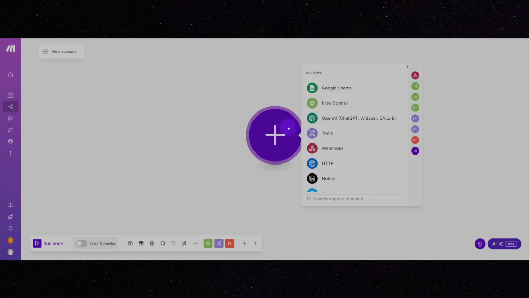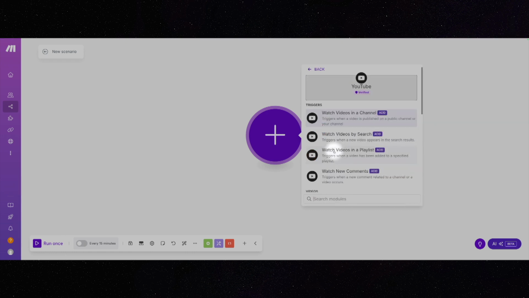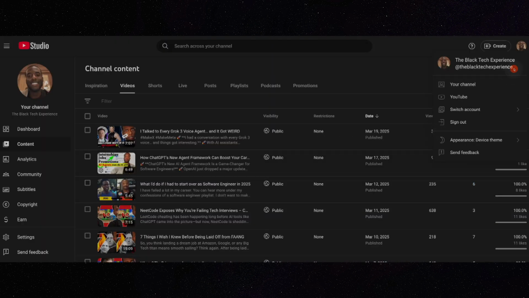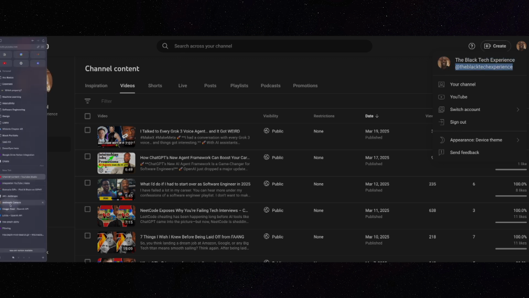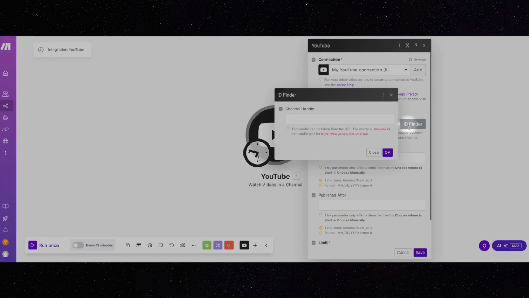The nodes of Make are named modules that give us pre-built functionalities. For our use case, we need to use the YouTube module, specifically the watch YouTube videos on a channel. Make gives us the ability to fill out parameters via text instead of having to use a programming language or call an API request. As you can see, I am copying my channel ID and then placing it in the prompt